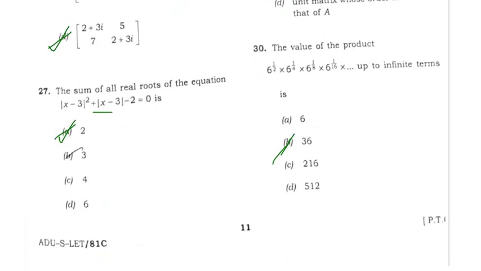Okay. The value of the product 6 power 1 by 2 plus 6 power 1 by 4 plus 6 power 1 by 8 plus 6 power 1 by 16 and so on up to infinite terms is... so the right answer is 36. It's not going to be too difficult, so the right answer is 36. Okay,